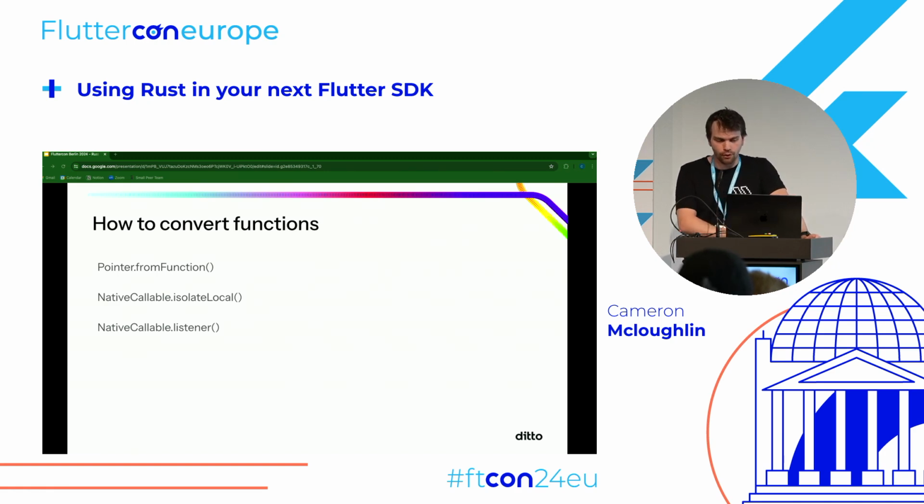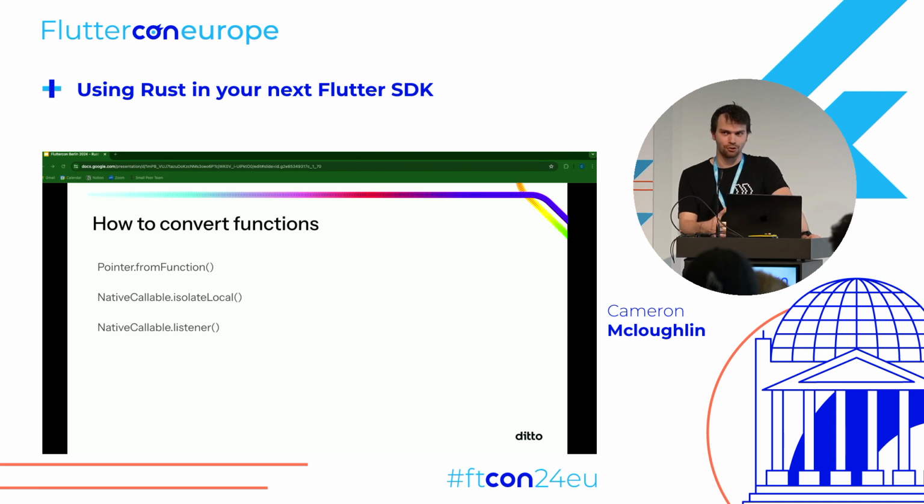So pointer.fromFunction is kind of the most basic one. And what it's doing is it only supports static or top level functions. So there's no closures, no sort of state in your function, which is kind of a non-starter for us because we need people to be able to call things with state. That's really important. So then there are these 2 native callable ones. Isolate local is interesting. It allows any function with any signature, but it's not thread safe. The pointer that you get can only be called from the thread that it was created on,